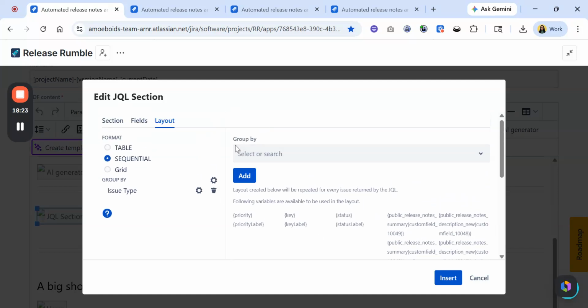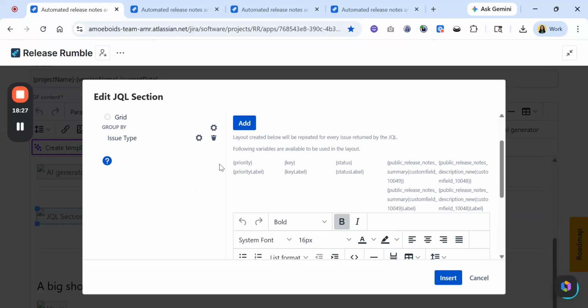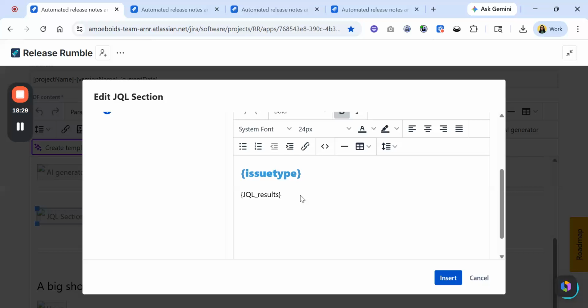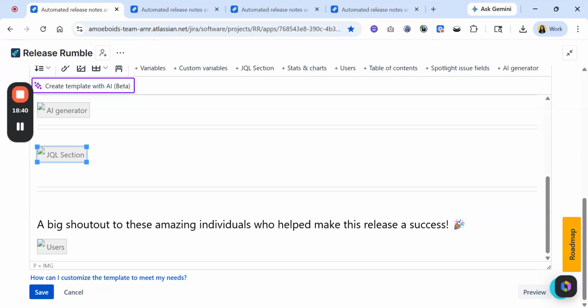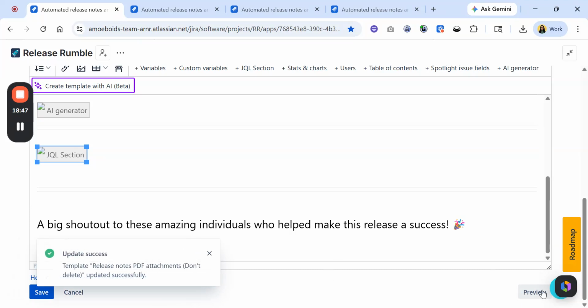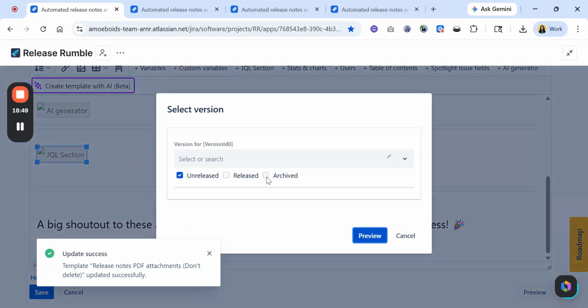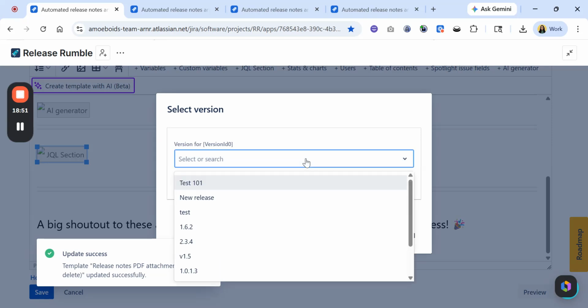If we go to the main layout, yeah, so this is the main layout, and in terms of the group by layout, I have just added it in the heading, and I have just added some color here, right? And then I have added a shout out for the team in the PDF as well. Now, when I preview this, you will see a nice formatted template here,